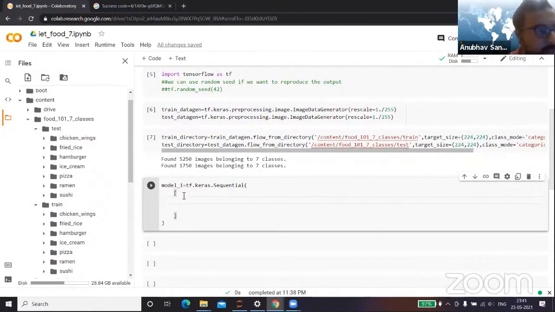We first start with a basic conv 2D layer, and then we have a max pool 2D layer in place, and we just repeat this sequence. Then we flatten the output, and then we use the layer for the output classes, right? So we'll be using the same over here. So we'll be using